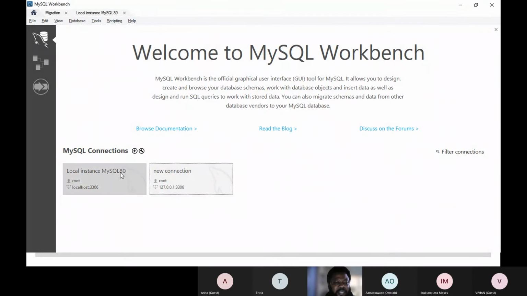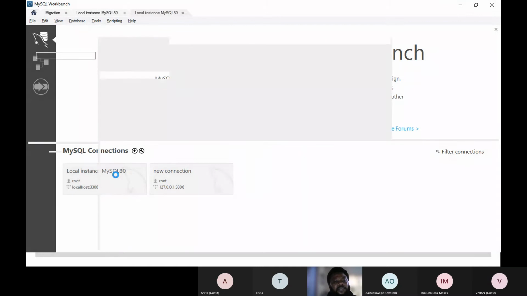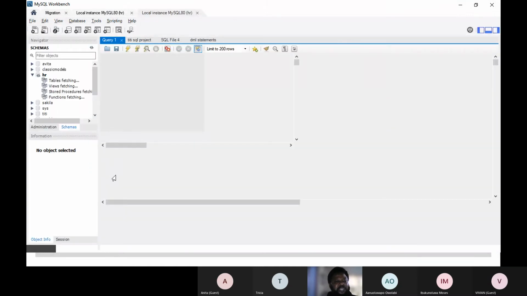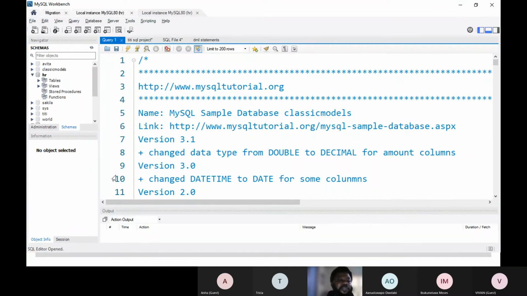Once you click connect, look at it. If I click connect here, what happens? It logs me in instantly. Why does it log me in instantly? Because I passed all the information. The connection I made had all four requirements. That's why I can access the database.